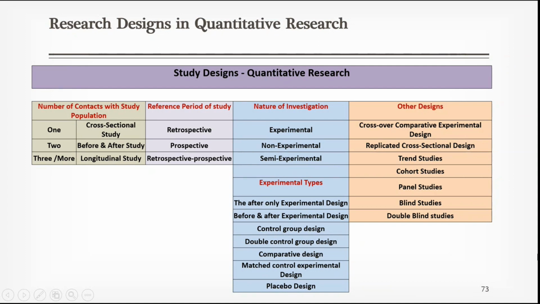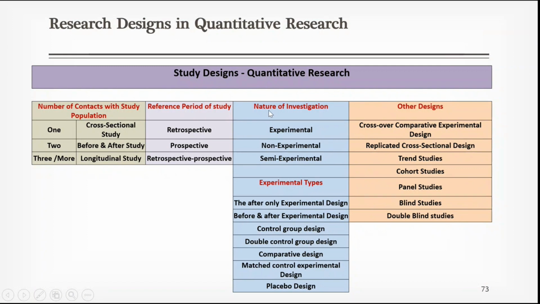So in the previous two lectures, we discussed study designs in quantitative research. We have already covered study designs based on the number of contacts with the study population. That is, we have one-point contact, two-point contact, and three-point contact. This is done. Based on the reference period of the study, that is retrospective, prospective, and retrospective-prospective, that is also